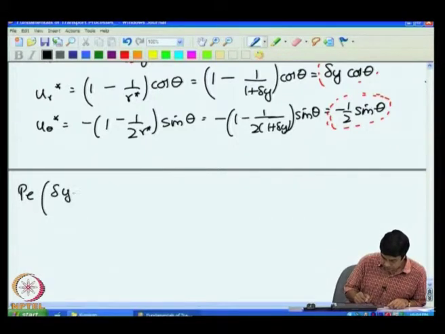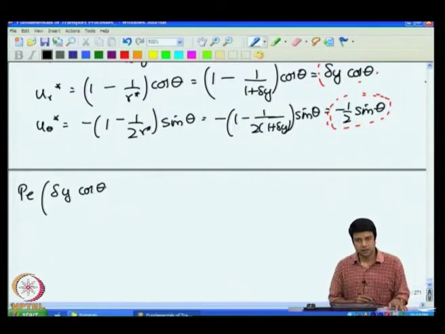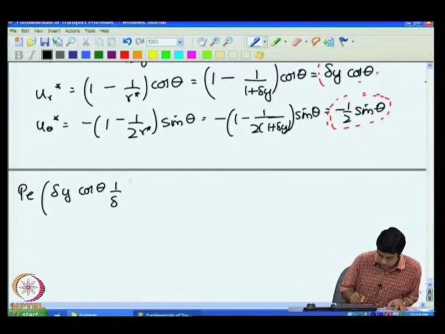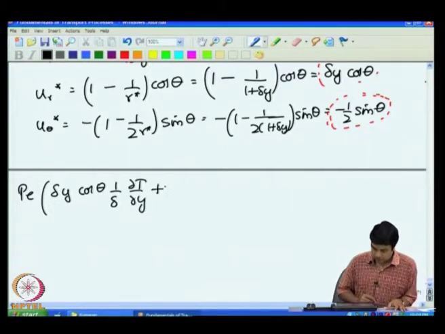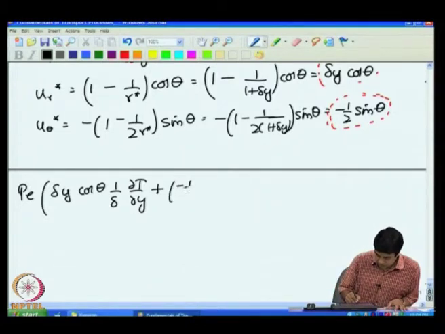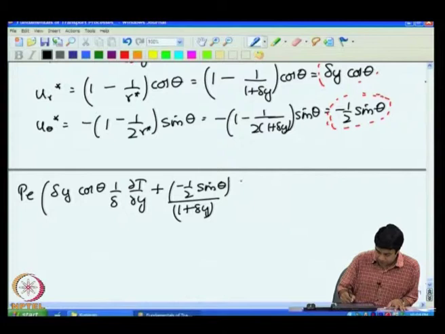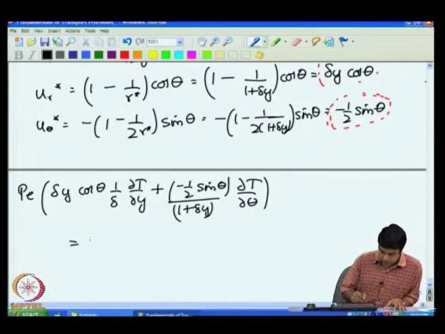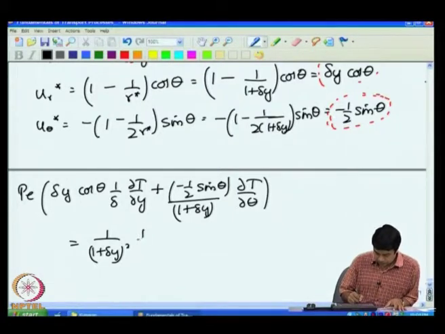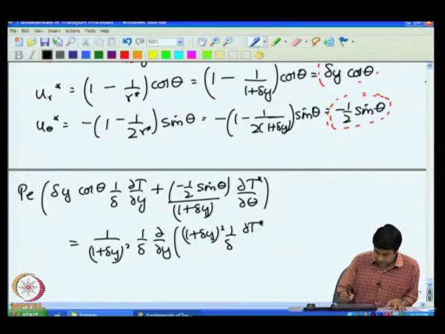Into delta y cos theta. dt by dr is 1 over delta partial t by partial y, plus minus 1 by 2 sin theta divided by r, which is 1 plus delta y, partial t by partial theta, is equal to 1 by 1 plus delta y the whole square, 1 by delta d by dy of 1 plus delta y the whole square 1 by delta partial t by partial y plus